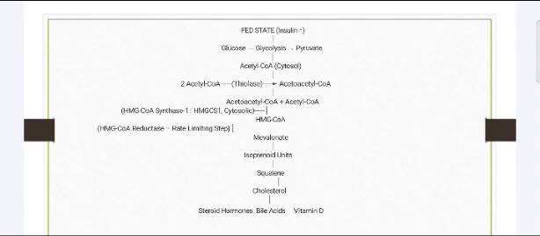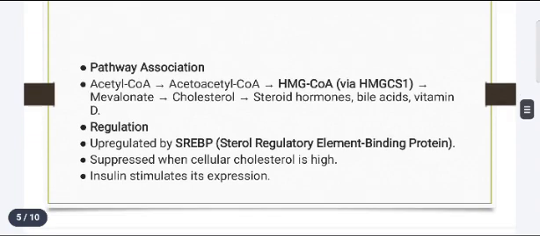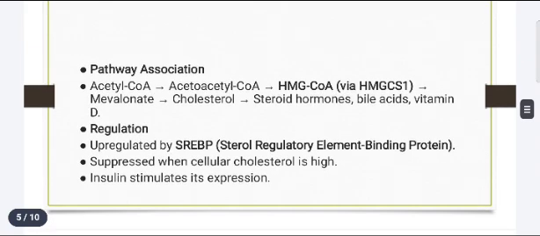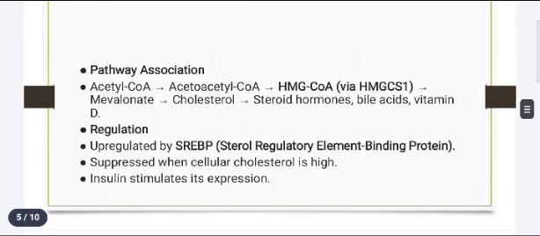This HMG CoA is reduced into mevalonate by HMG CoA reductase, and this mevalonate leads to the formation of isoprenoid units, which lead to squalene synthesis and finally end up in cholesterol biosynthesis. And cholesterol acts as a precursor for various steroid hormones, bile acids and vitamin D. So the pathway association is conversion of acetyl CoA and acetoacetyl CoA into HMG CoA. We have mevalonate, cholesterol and various steroid hormones, bile acids and vitamin D production because of the presence of this